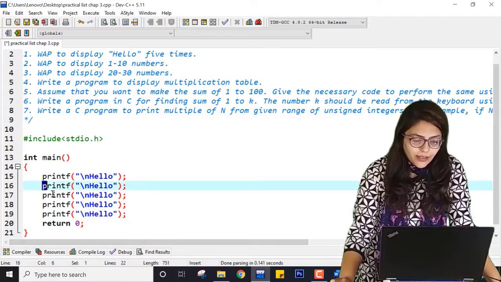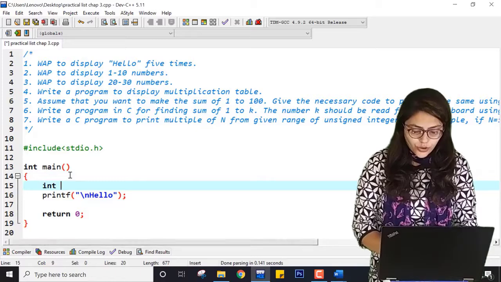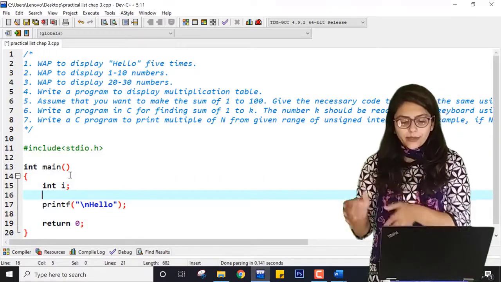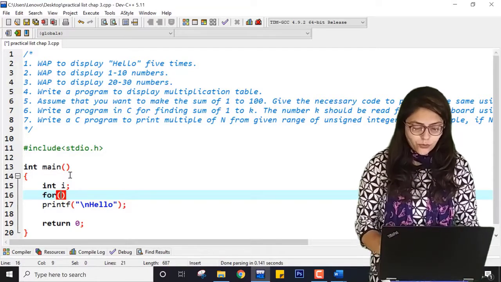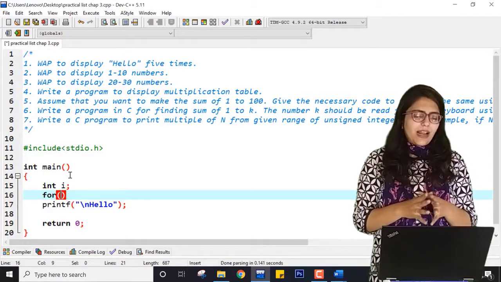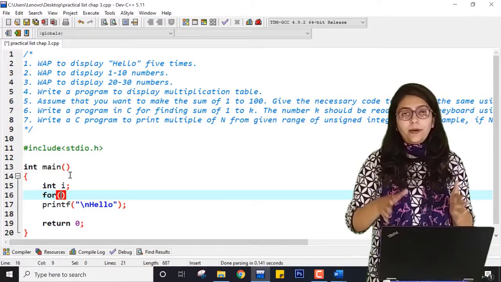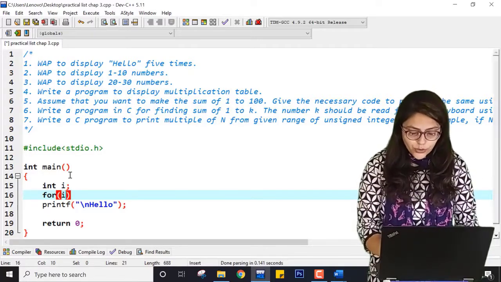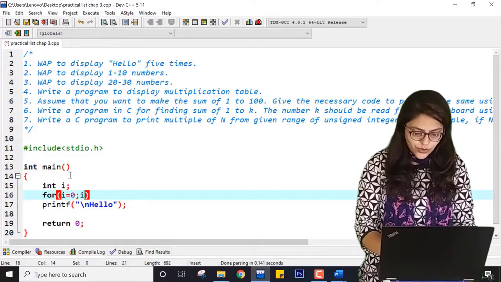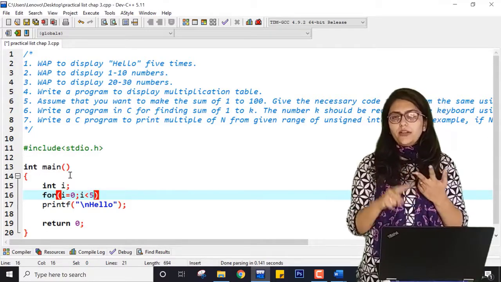So for that we have invented and we are working with loops, and with the help of a loop I can easily use the looping variable, which will iterate from the initial value to some condition. How can I use a for loop for this? So this entire program I'm going to do with the help of for loops. Meanwhile, I may use a while loop as well, but you can perform this program using both of these loops. You can even use a do while loop. So here int i equal to 0. You can also take i equal to 1. It is your choice. So i is less than say 5, because 0, 1, 2, 3, 4.